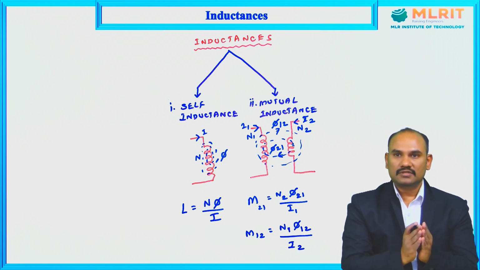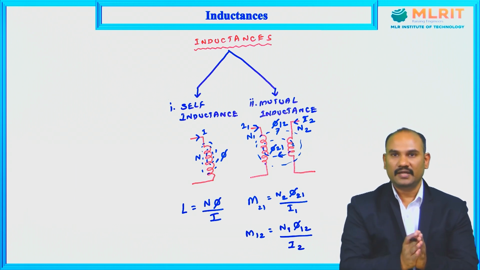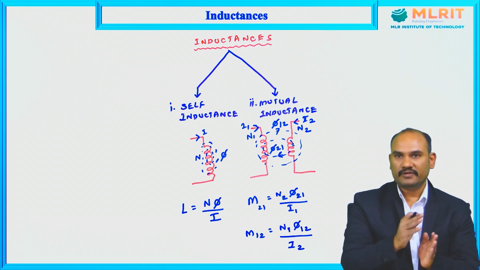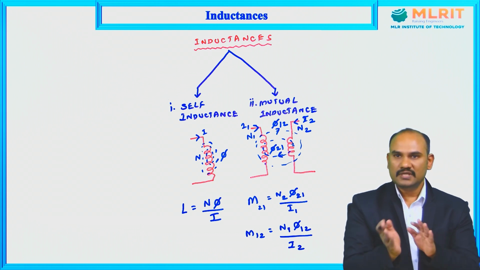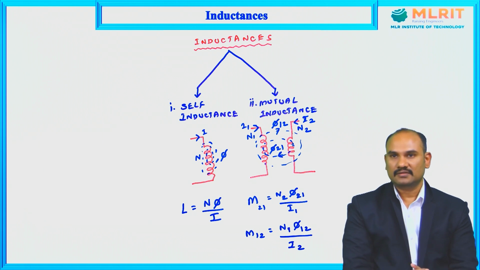Now, if suppose the magnetic field is produced by one conductor due to the flow of current, the produced magnetic field is getting linking to the adjacent conductor, some other conductor which is in the vicinity, and vice versa. That means that other conductor is also producing some magnetic field. That magnetic field is getting induced in this first conductor. This happens mutually on either sides. So we say this as the mutual inductance. As a layman way of understanding, I have just told you what is self and what is mutual.